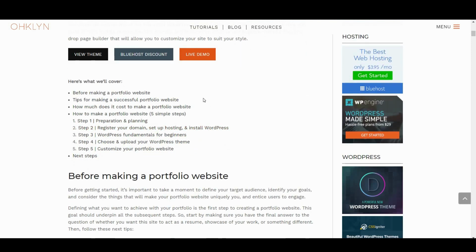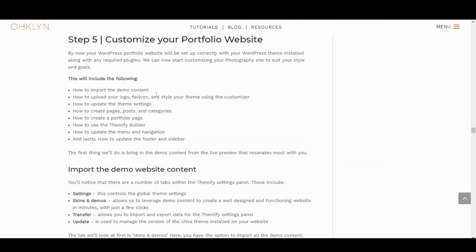So far, we've gone through setting up your WordPress website, uploading the theme and required plugins, as well as how to leverage the demo content to get up and running quickly. In this section, we'll look at how to upload your logo, favicon, and style your theme using the customizer, how to update the theme settings, how to create pages, posts, and categories, how to create a portfolio page, how to use the Themify Builder, how to update the menu and navigation, and lastly, how to update the sidebar and footer